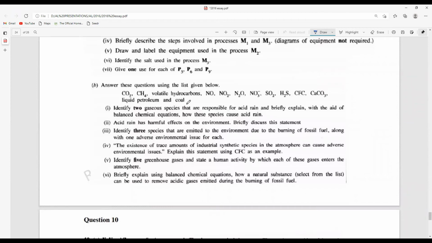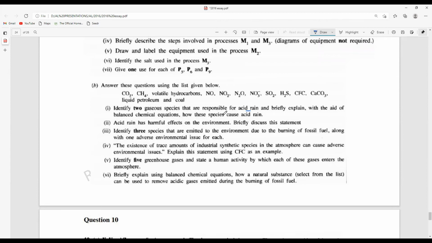So answer this question using the list given below. This is very simple, in fact. We have been given many things. Identify two gaseous species that are responsible for acid rain, and briefly explain with the aid of balanced chemical equations how. We have discussed this